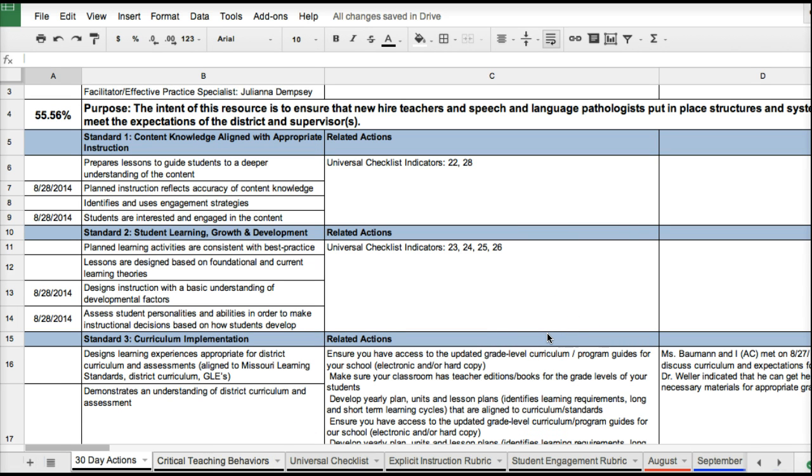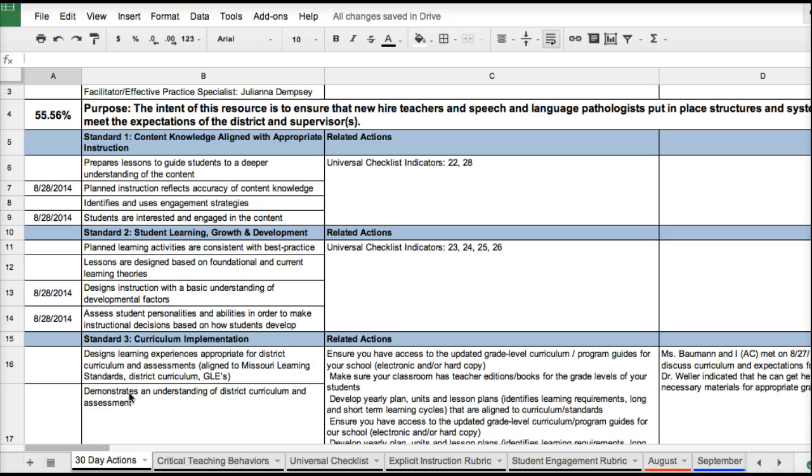So when you open the document that's entitled Facilitator Feedback, you're going to find a spreadsheet with lots of different tabs at the bottom down here. It'll probably open up to this first one that says 30-day actions. And in that you'll find all of the indicators that you were given during new teacher orientation.